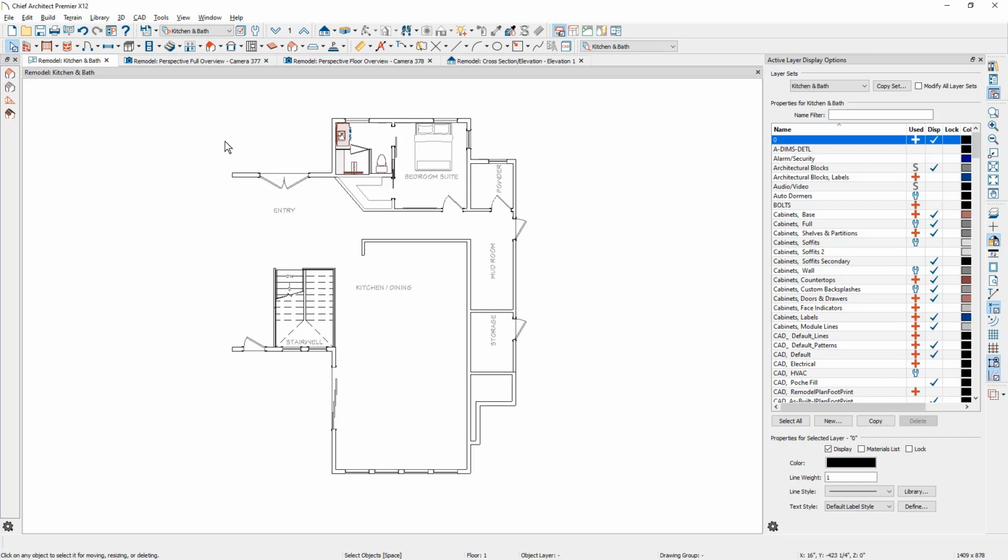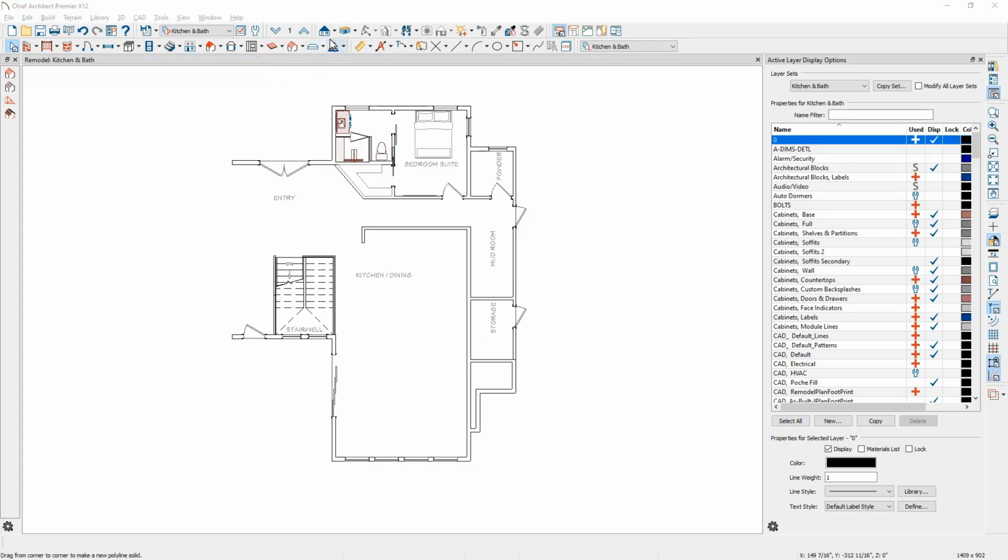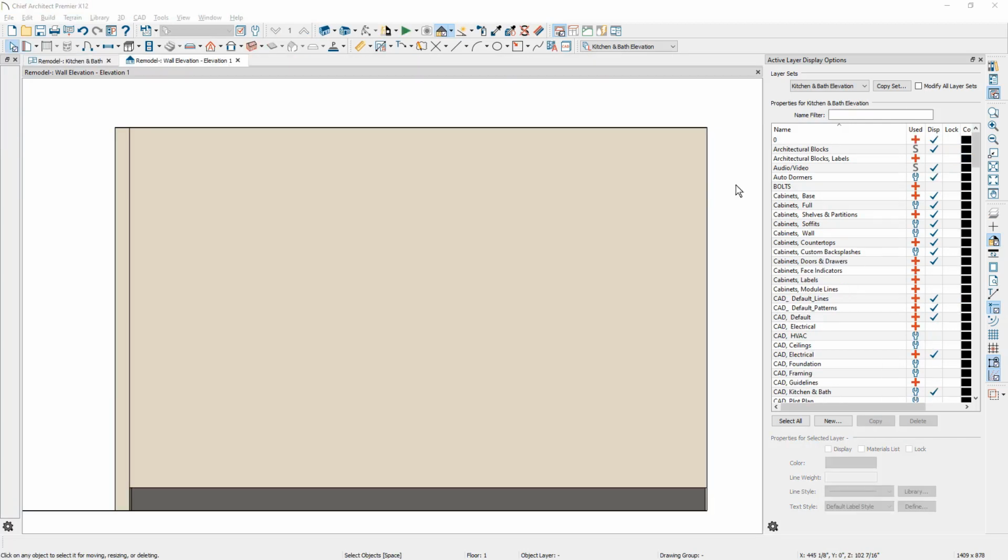I'm also going to clean up my view here a little bit. And I'm going to begin by using the wall elevation tool. You'll find this tool underneath the elevation cameras. With the wall elevation camera, I'm just going to simply come in here and click and drag right through that upper wall. The wall elevation camera isolates the view for a specific wall, making it easy to do your design